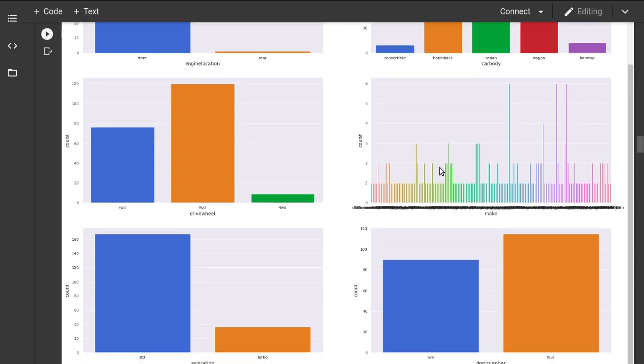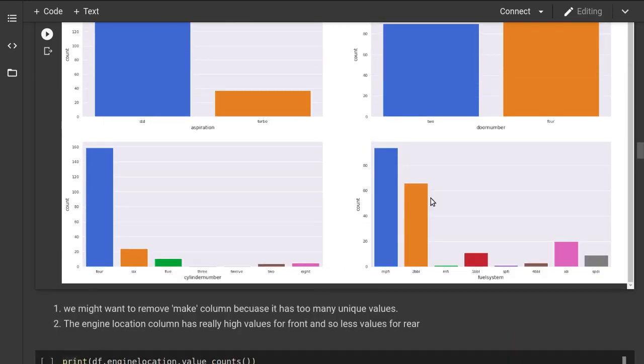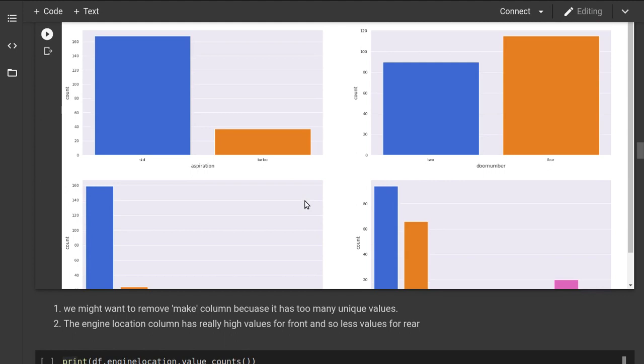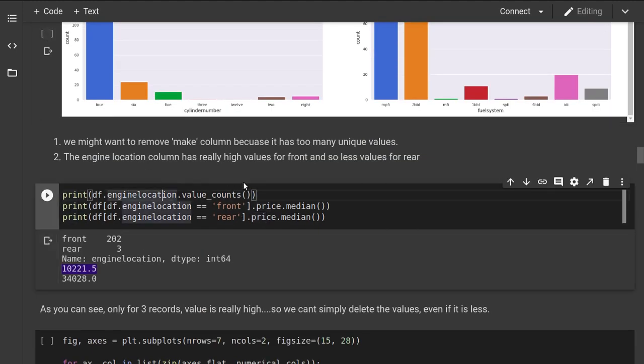Moving forward, same for other columns as well. So as I was telling, the front engine location, there are 202 cars with engines in the front, and there are only 3 cars with engines in the back.